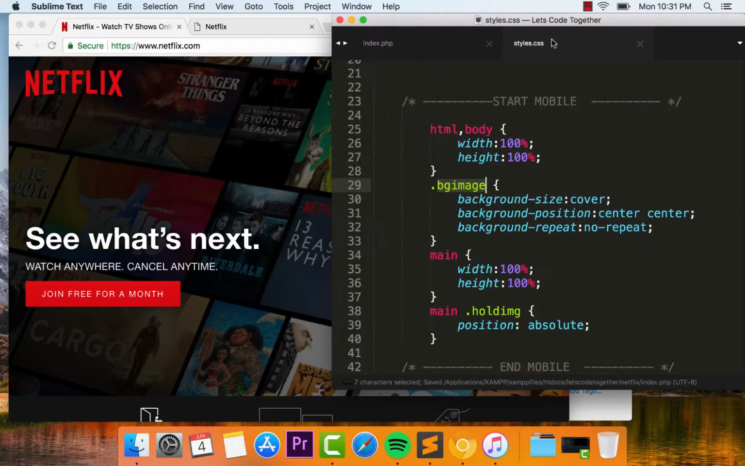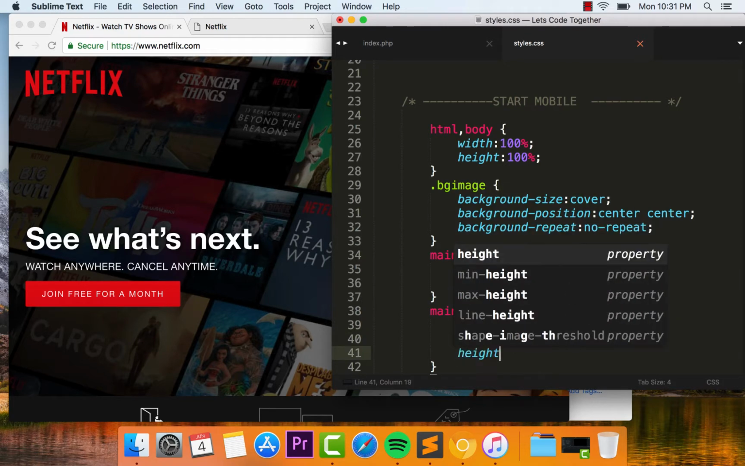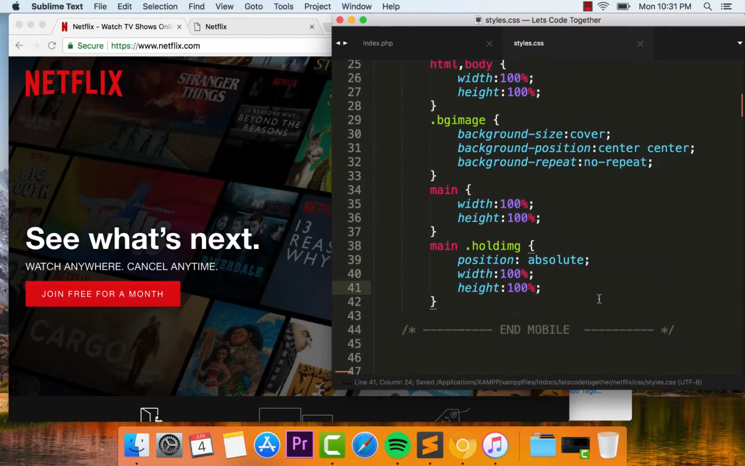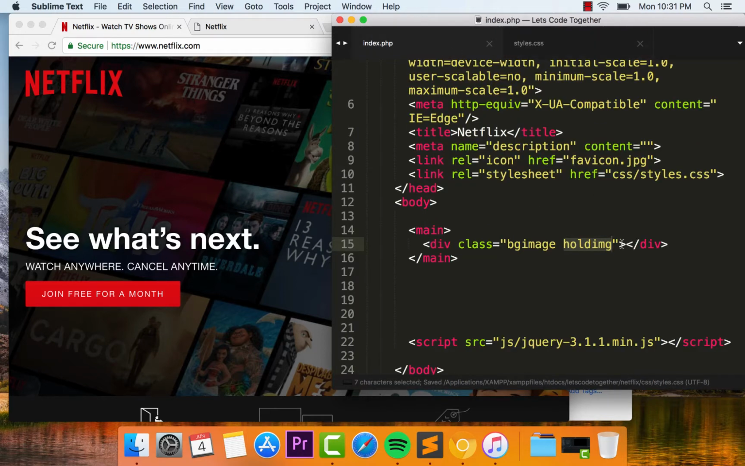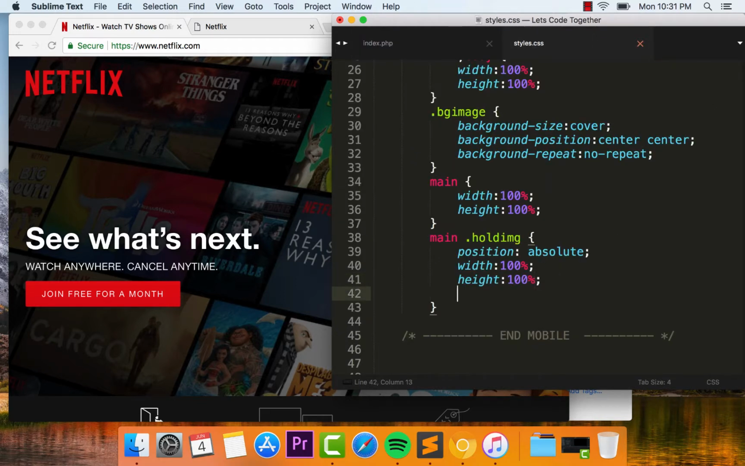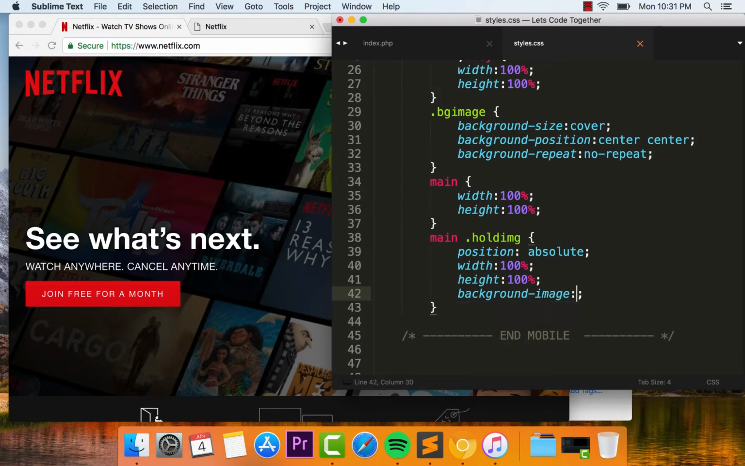This is just a whole image, and because I want it to spread to the end of the main, top and bottom. Okay, so now we are going to say the image we want to use. So background image is going to be URL